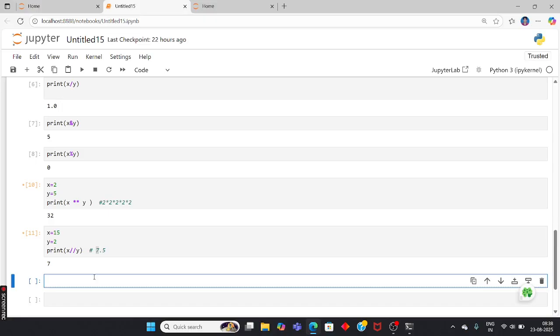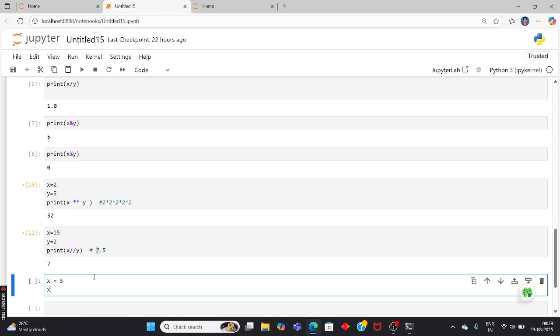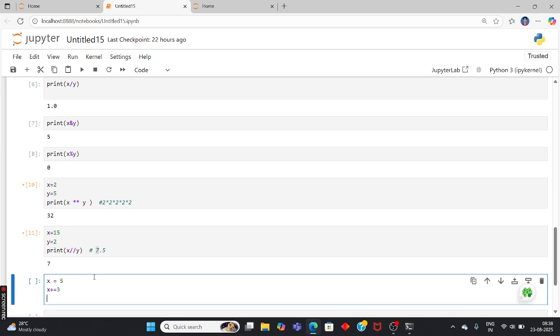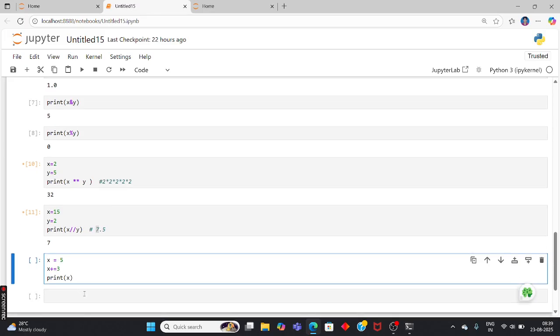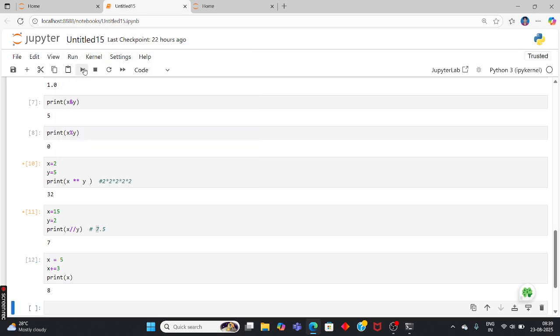Let's take an example: if you take x is equal to 5, then x plus equal 3, and print x, तो क्या होगा? तो यहाँ देख सकते हैं हमने एक बार x को 5 लिया है, फिर उसमें हमने एडिशनल इंक्रीमेंट लगाया है, ठीक है? सो इसमें 3 मतलब ऐड होगा, जो x पहले से साइन है ना, उसमें 3 ऐड होगा, तो आपका आंसर जो है वो 8 आएगा। देख लेते हैं रन करके, देख रहे हैं 8 आ गया ना।